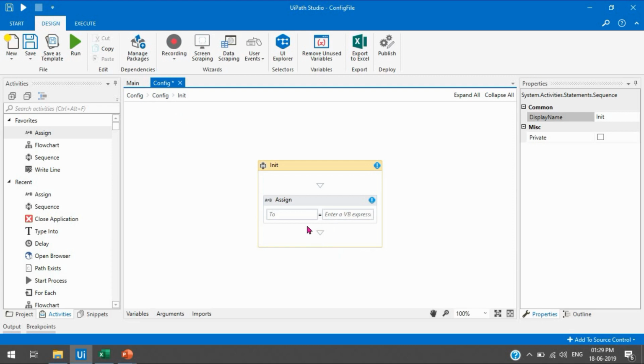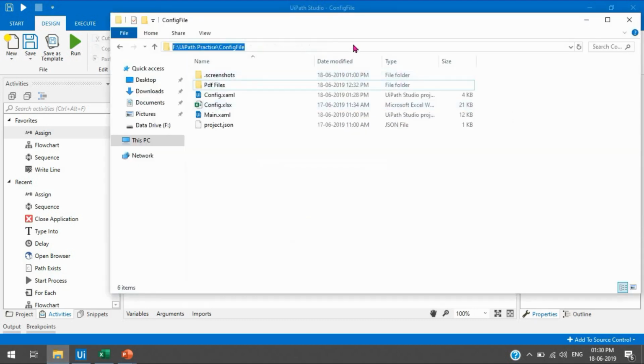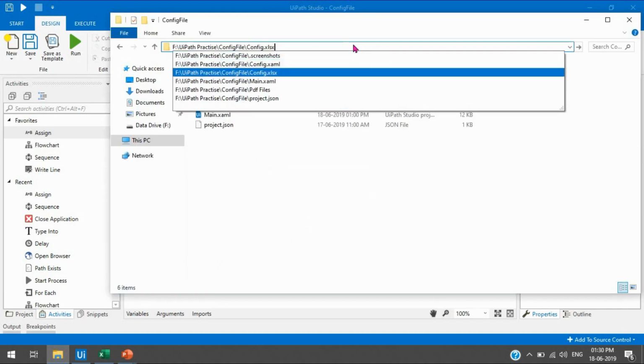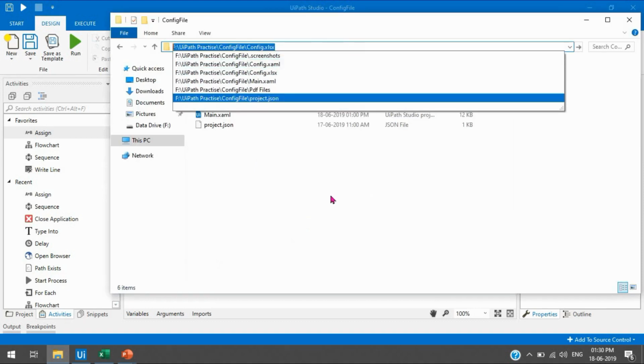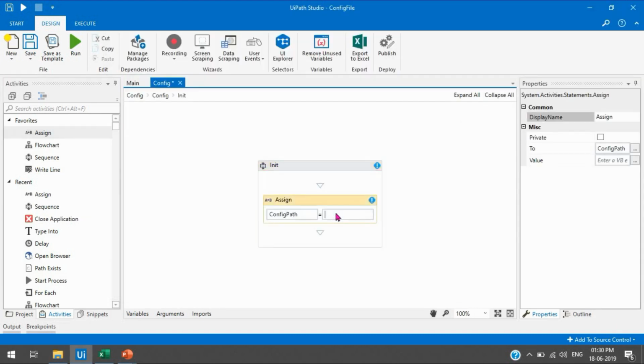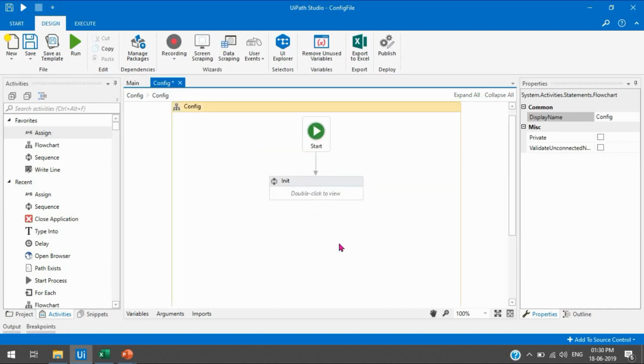So here we'll take a variable called config path, and now we are going to take the config file path location. We'll copy this and paste it here. So our project will use this config file whenever the project starts.